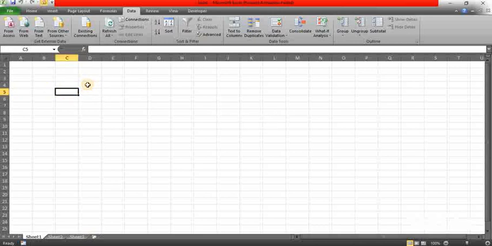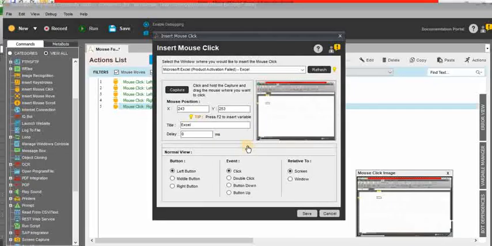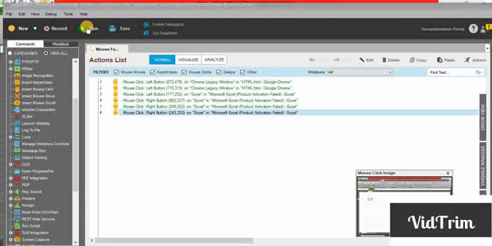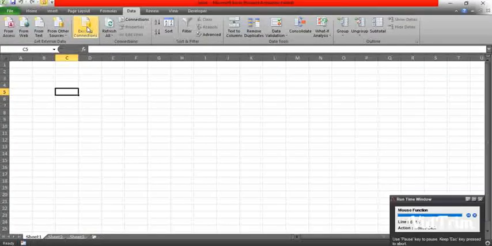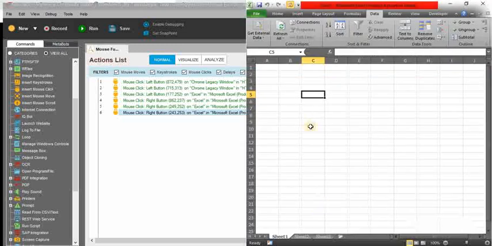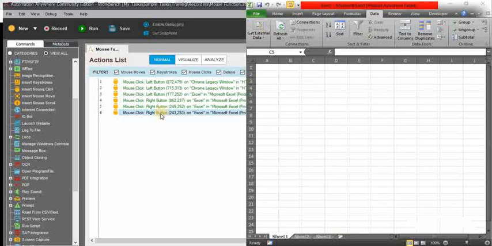Selected the D4. So I will execute this task. So it will update the right click. In mouse right click, it will happen. So it successfully right clicked on the C4. So success. Using these options, you can do a lot of things.